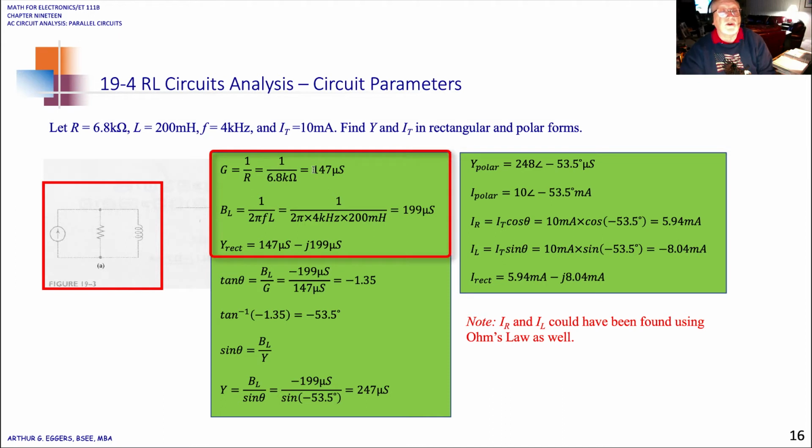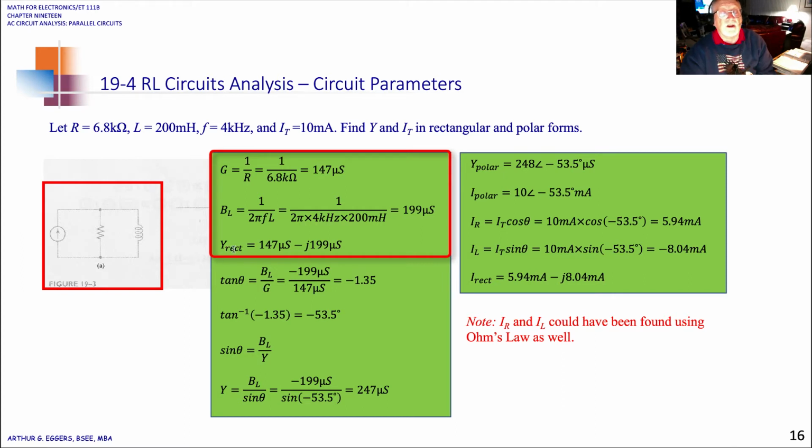So since we're looking at resolving this down using the reciprocals and those parameters associated with a parallel network, we're going to start with finding the conductance. So 1 over R, 1 over 6.8 k ohms gives us 147 microsiemens. B sub L, which is our susceptance for an inductor, 1 over 2 pi FL. Plug in our values, we get 199 microsiemens. Everything is in Siemens because we're dealing with the reciprocals. So the admittance then